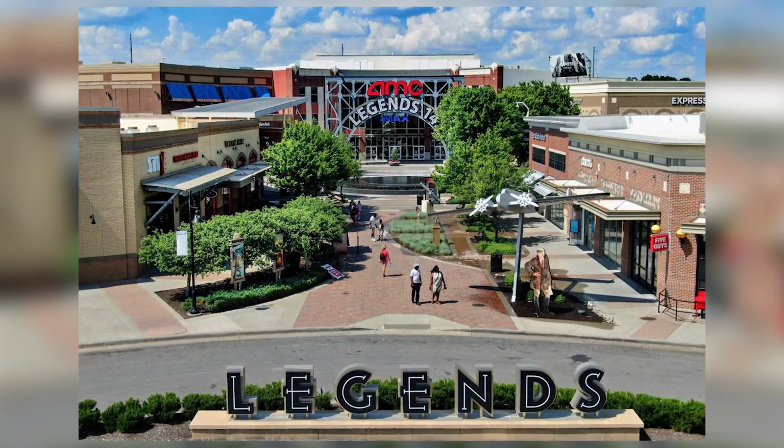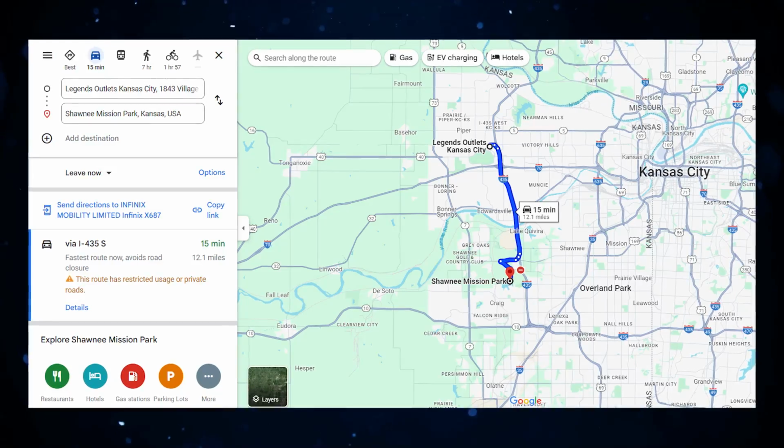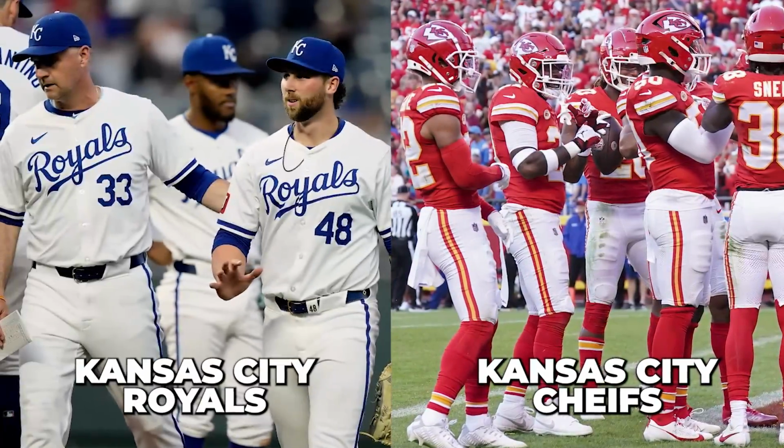The third major benefit of this area is that you're really close to the Legends outlet. So maybe 15 minutes to your north. Of course, there's so much going on there that will continue to develop over the next several years. Who knows, maybe the Chiefs and the Royals end up there. That's a completely different topic for probably a different video, but you've got so many different things happening there, like